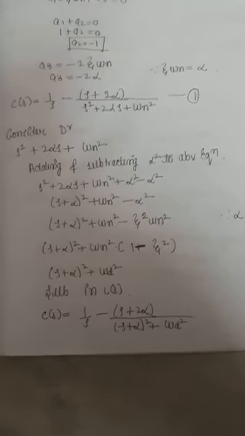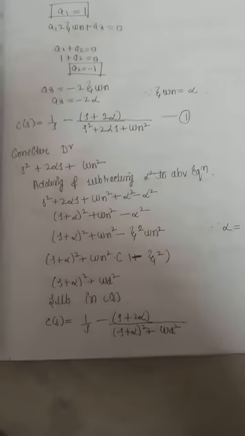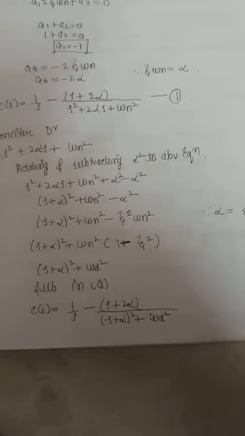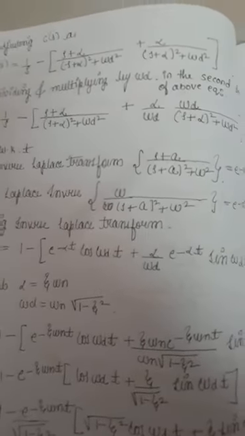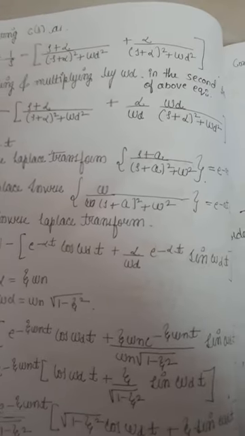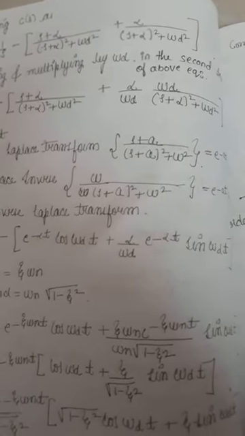So this we will substitute in equation number 1. That is, here we have equation number 1: C(s) is equal to 1/s minus (s + 2α) over the denominator. We are replacing the denominator by the above simplification, that is (s + α)² + ωd². So again adjusting C(s): C(s) is equal to 1/s in square brackets, (s + α) divided by ((s + α)² + ωd²) plus α divided by ((s + α)² + ωd²).